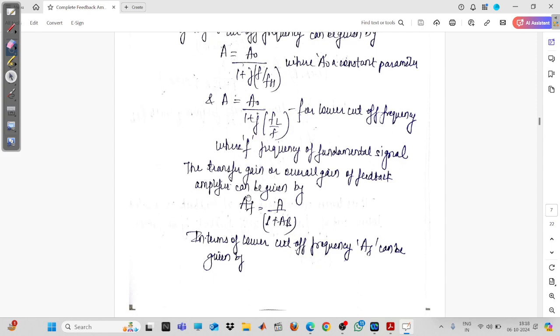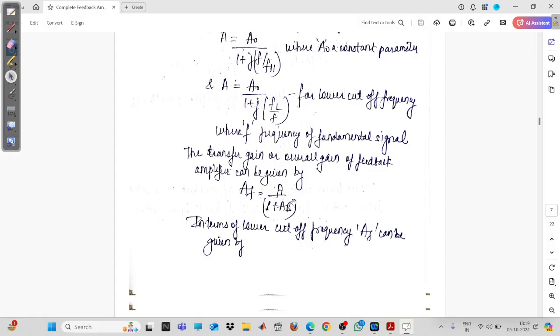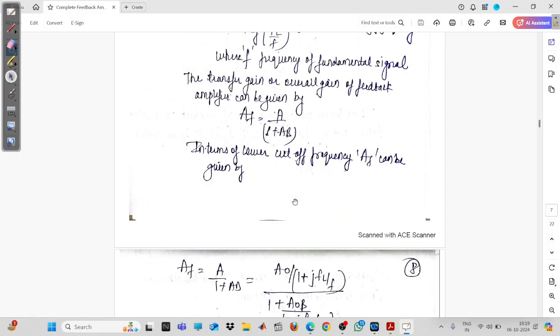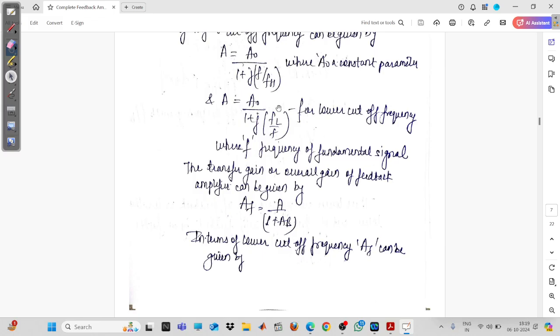Okay, now what is AF? You can see that when you are having negative feedback, your gain will change. Initially in the open loop system it was A, and when you incorporate negative feedback, the gain will be reduced by the factor 1 upon 1 plus A beta. Fine. Okay, so now A means what? This is the A